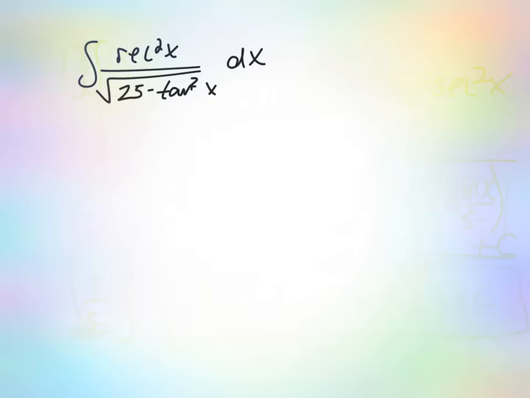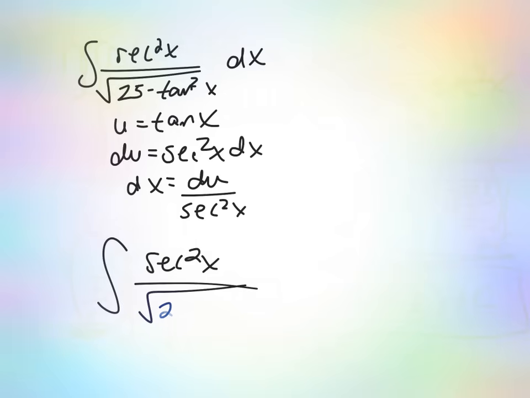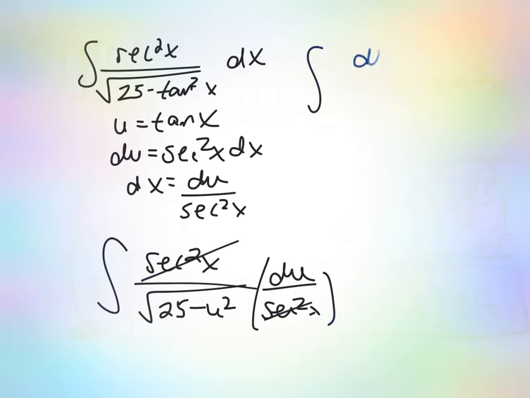So when you use the u substitution, we're going to go with u equals the tangent of x. So then du is equal to the secant squared of x dx, and then dx is equal to du over the secant squared of x. So therefore you can write it as the integral of secant squared of x over the square root of 25 minus u squared, and then du over secant squared x, so that cancels out. So the integral of du over